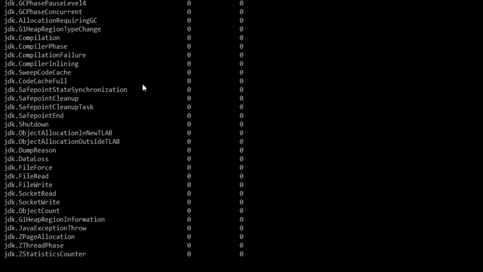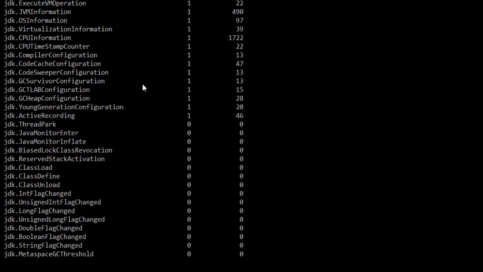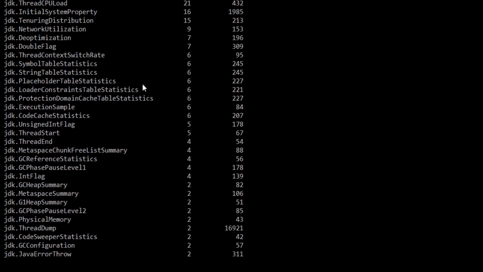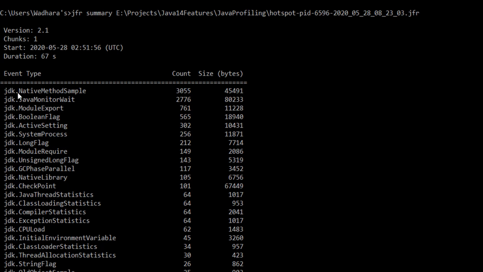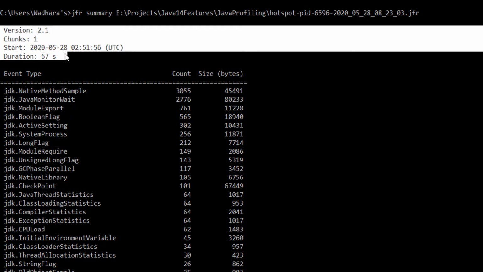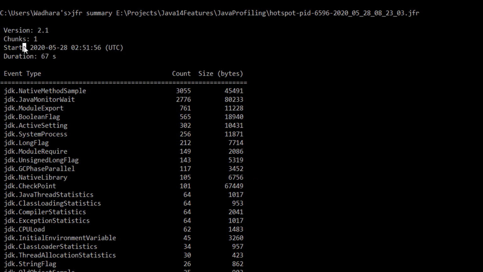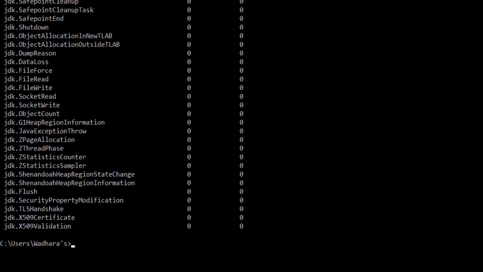You can see that these are the different events that we have in our JFR file, and you can see the count of each event, then the version and chunks, and then the start time and duration for which the recording is done.